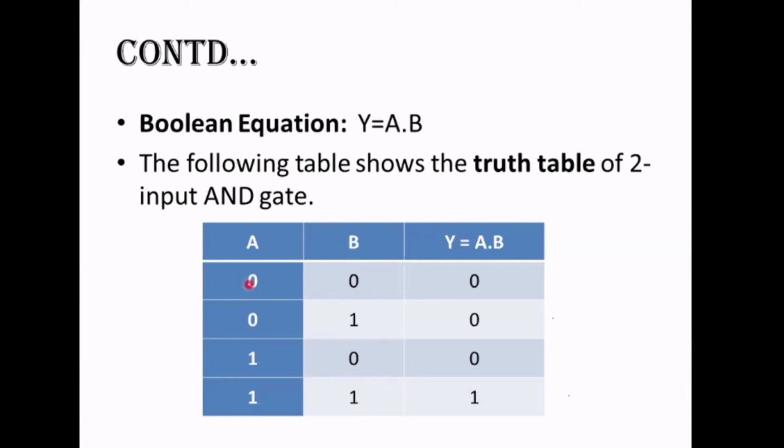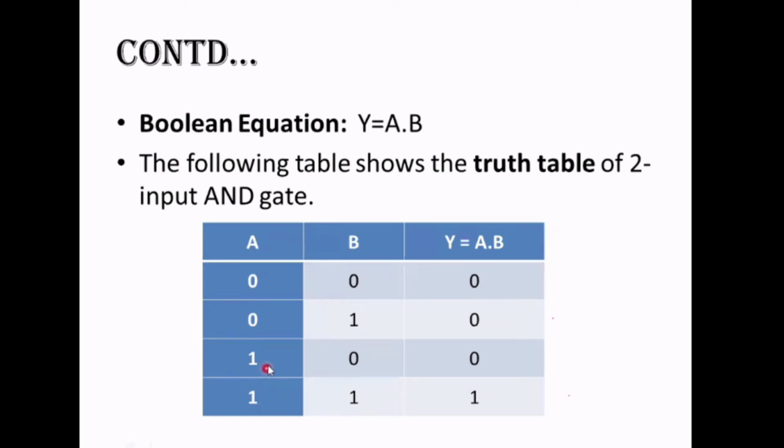Now see, the first input is 0 0, which means low low. Try to recall the logic statement. What it says: if and only if both the inputs are high, then you will get the high output, right? So over here both the inputs are low, so that is why your output is also low, right? Next, 0 1. 0 means low, 1 means high. Again, try to recall the logic statement. Both the inputs are high, then and only then the output is high, right? Over here, you have one low input. That is why the output is low.